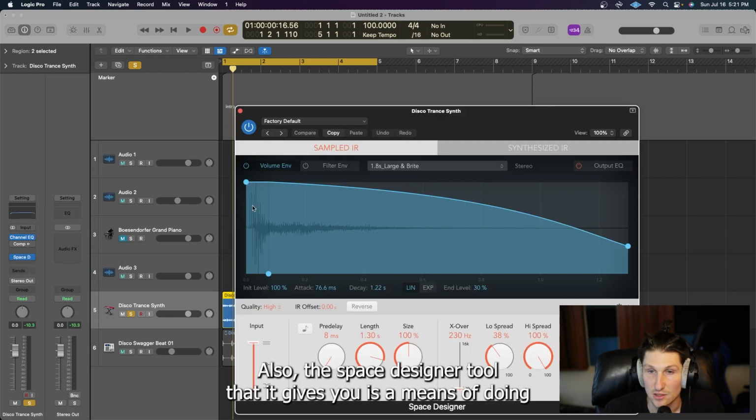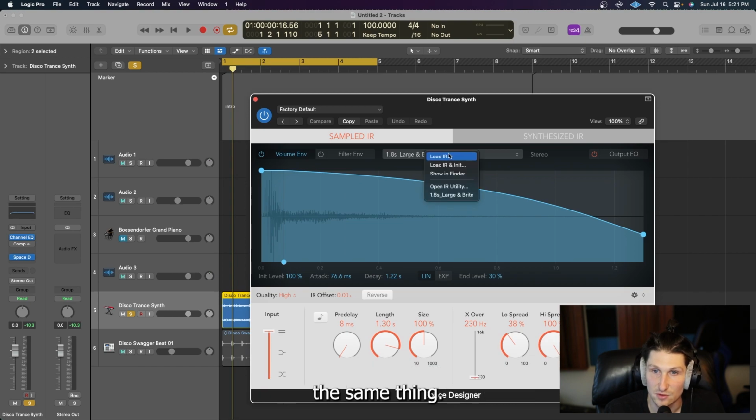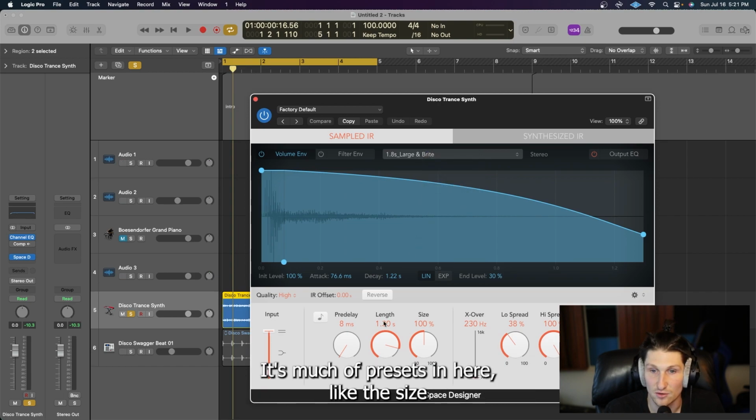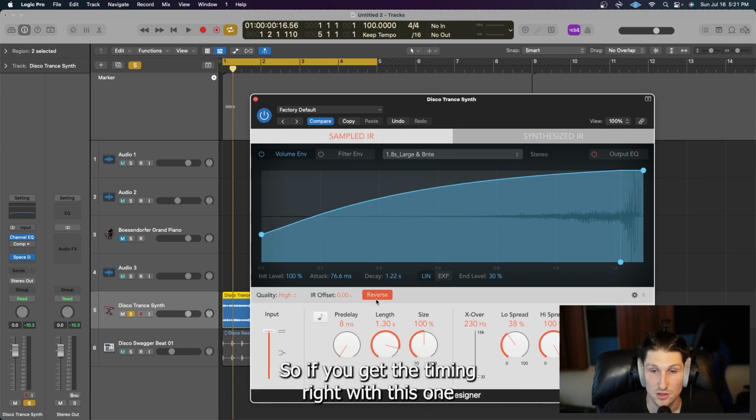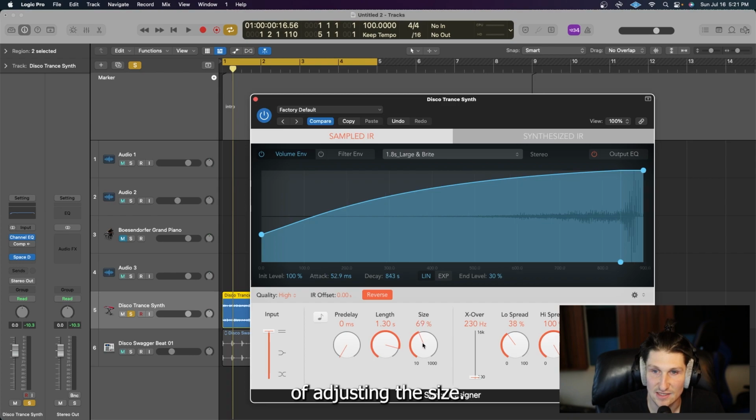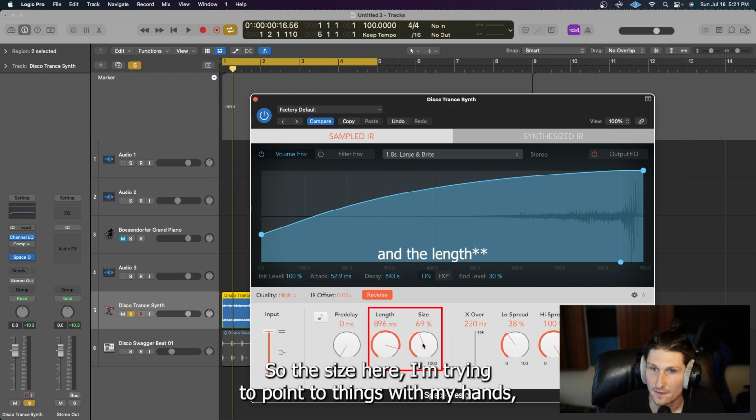Also, the space designer tool that it gives you is a means of doing the same thing. There's a bunch of presets in here, length, size, dry and wet ratio are all the same, pre-delay is the same. This one you can actually reverse. So if you get the timing right with this one, and that's kind of a product of